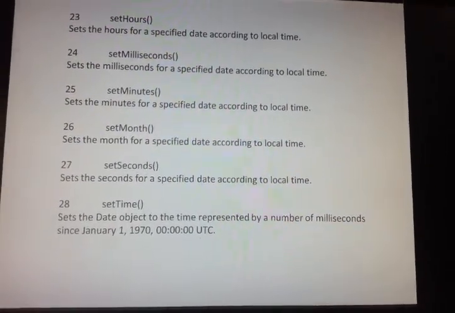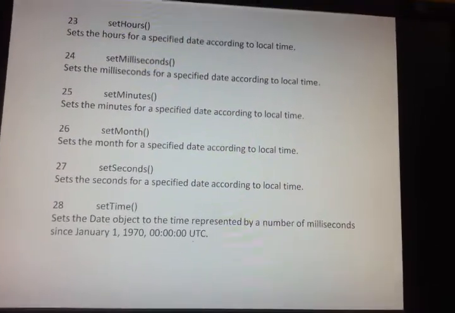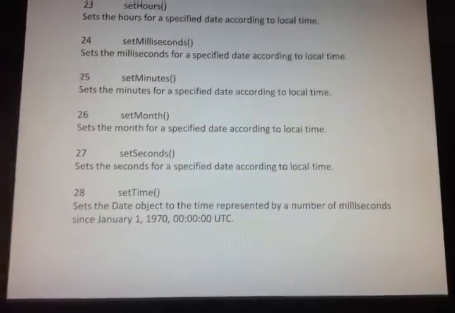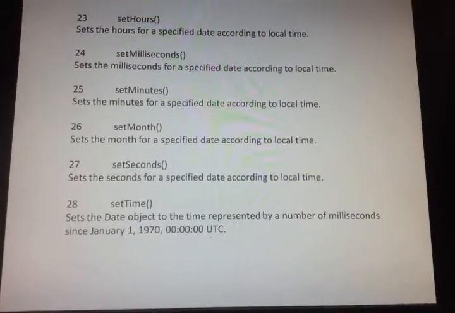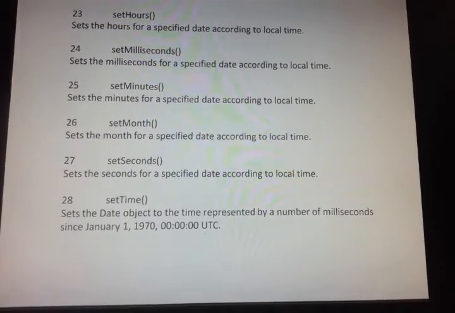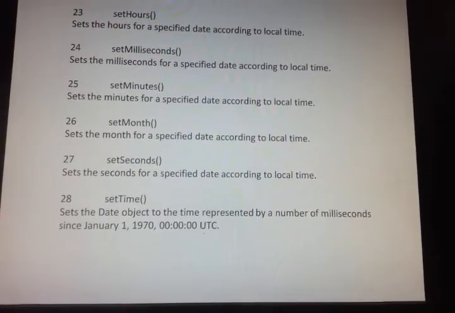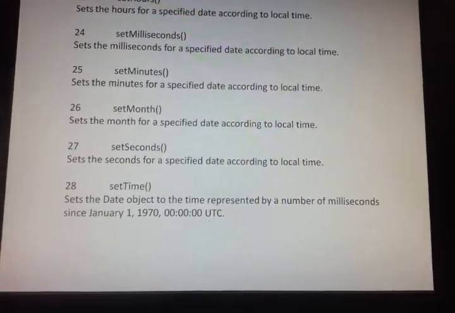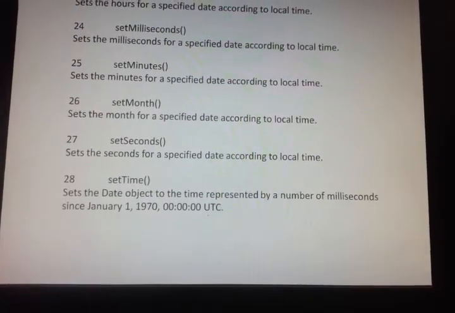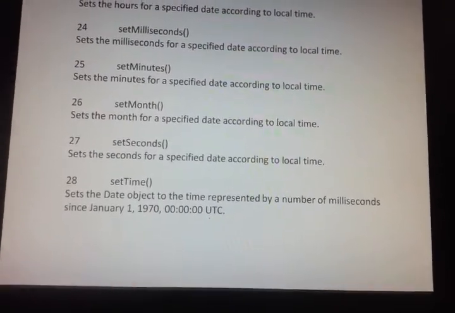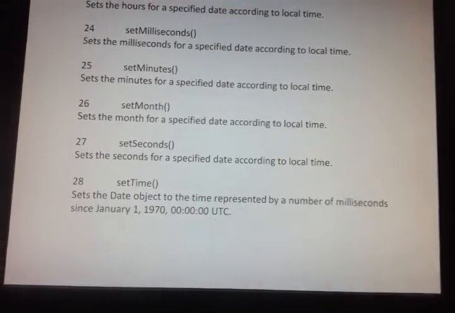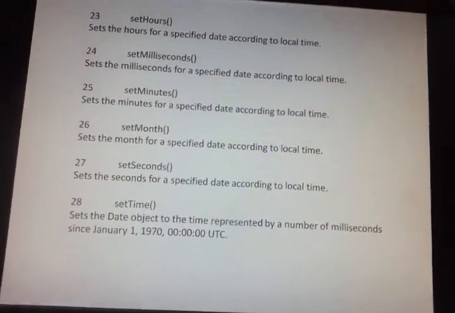Next, setTime method sets the date object to the time represented by a number of milliseconds since January 1st, 1970, 00:00:00 UTC.